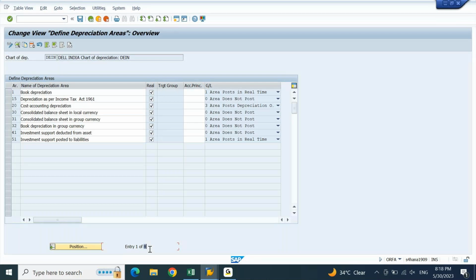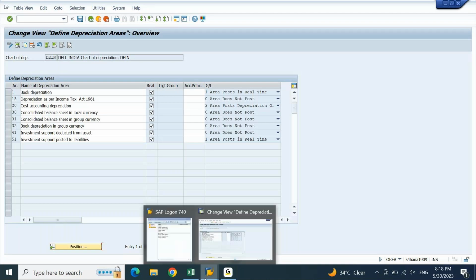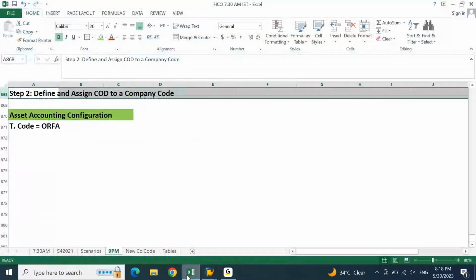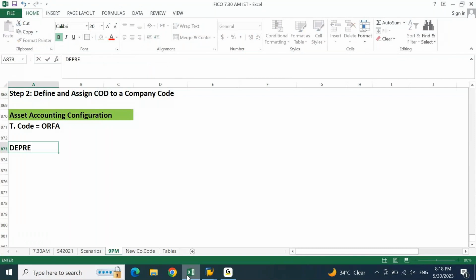Before we create a depreciation area here, let us try to understand what will be the number of depreciation areas that we need to meet our requirement. So I'll write depreciation areas. So before we write depreciation areas, you have to go to company code prerequisites.